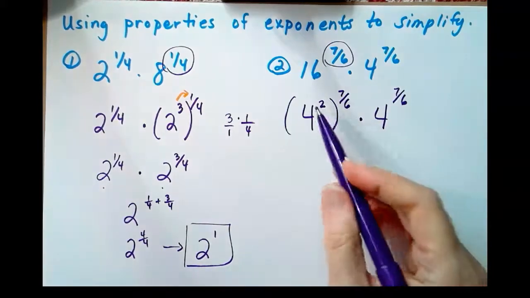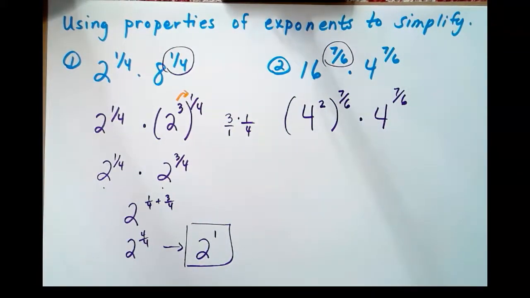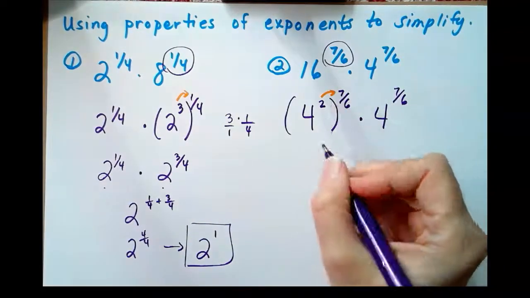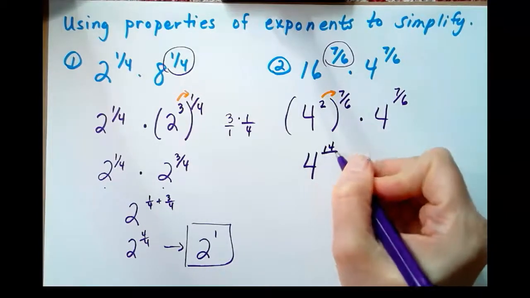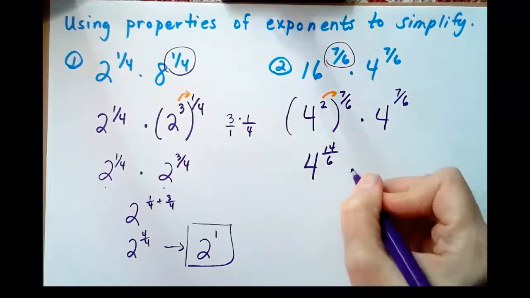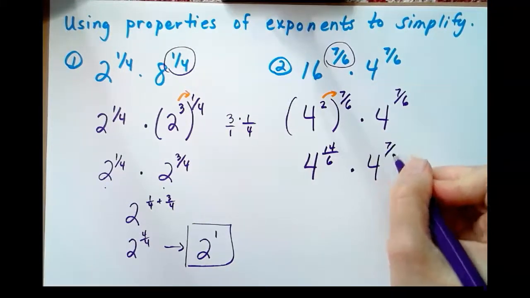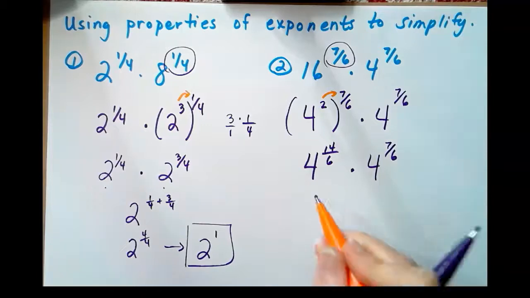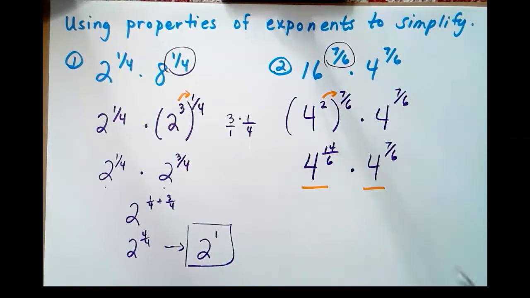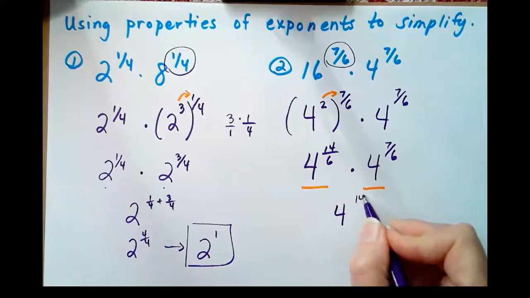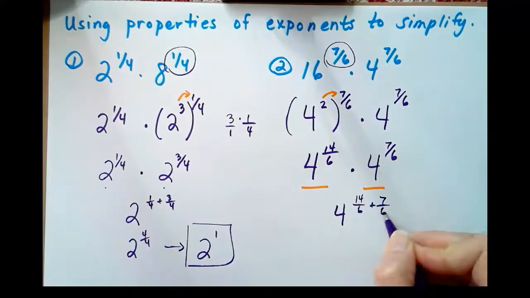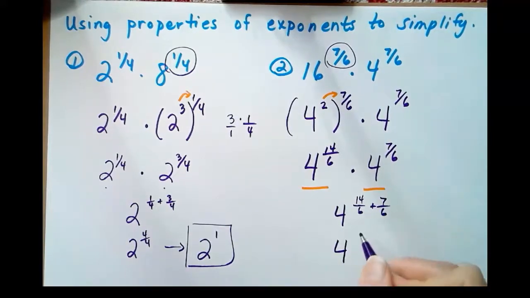So from here, now use the power rule. The power rule says that we are going to multiply those exponents together. So we end up with 4 to the 14/6 times 4 to the 7/6. Once again, the bases are the same, so keep that base and add the exponents together. So 14/6 plus 7/6, that's 4 to the